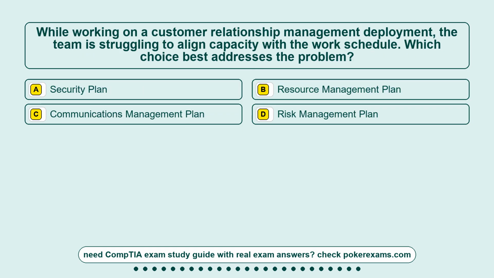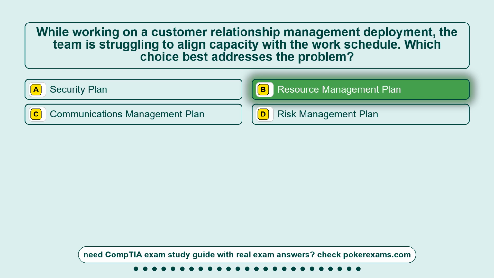Question 7. While working on a customer relationship management deployment, the team is struggling to align capacity with the work schedule. Which choice best addresses the problem? Option A, security plan. Option B, resource management plan. Option C, communications management plan. Option D, risk management plan. The correct answer is option B,